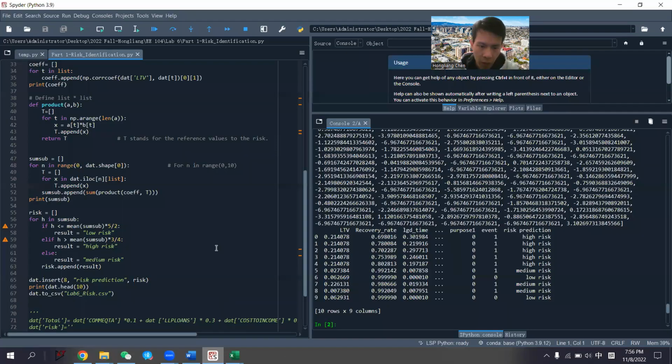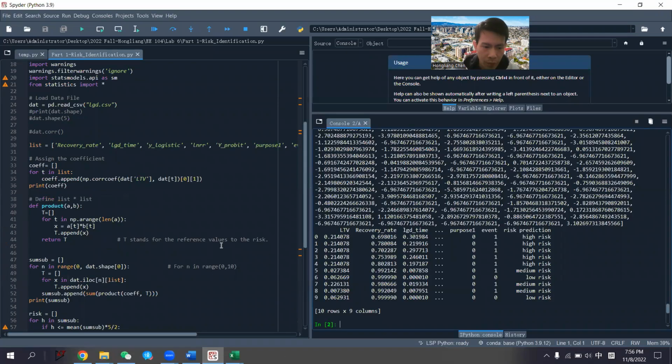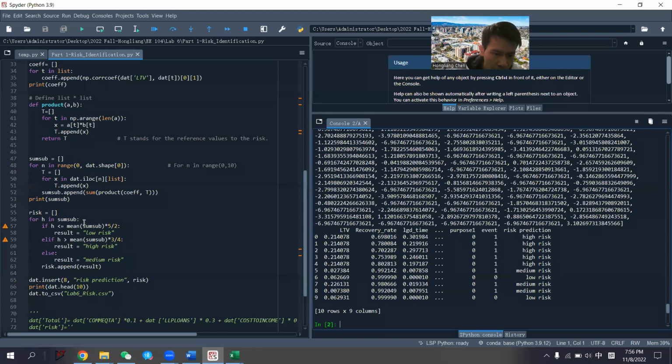So it could be set right here, no matter the percentage or the use of the programmer to define as a high risk, low risk, or medium risk, and then that